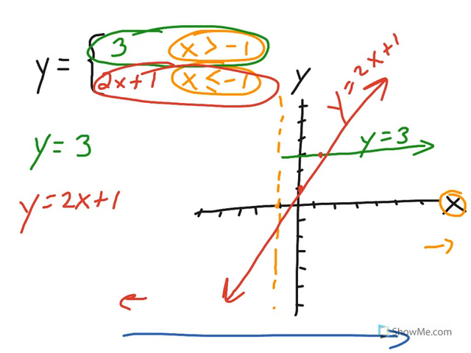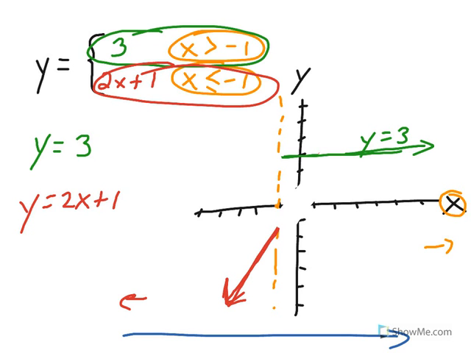So that means that my red function cannot exist right here. Okay, now I just messed this up a little bit, but I can go back and fix it. Green, red, and the last clue is what happens at the boundary. Which one of these functions exists right on the boundary? And I can see right there that the red function has the equal to portion. So I'm going to put a big dot colored in right here, and on the green, I'm going to put